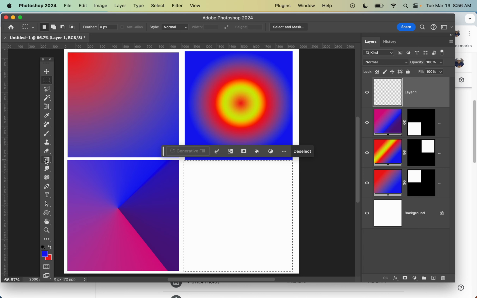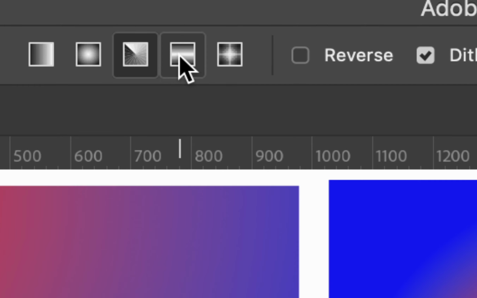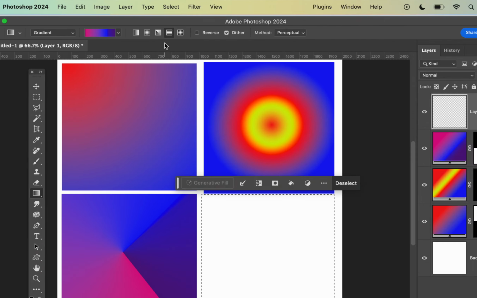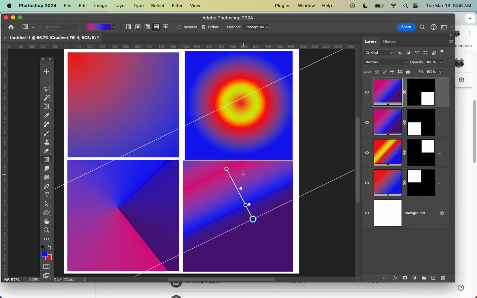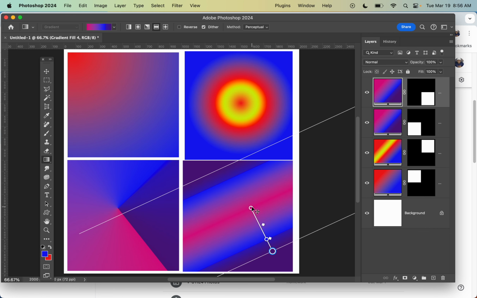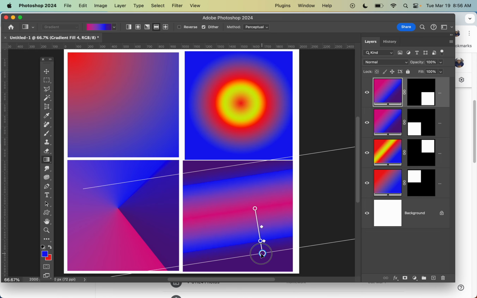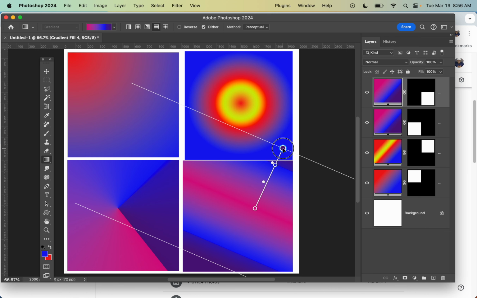And this time, let's go ahead and click on the gradient tool. I'm going to go ahead and select this tool right here. Click. And let's see what that ends up with. If I just, ooh, interesting. Okay, so you can actually kind of make this go around a little bit, okay? If you want to add another node right here, you possibly can, and this time, okay, cool. Looks like a nice little ray of laser